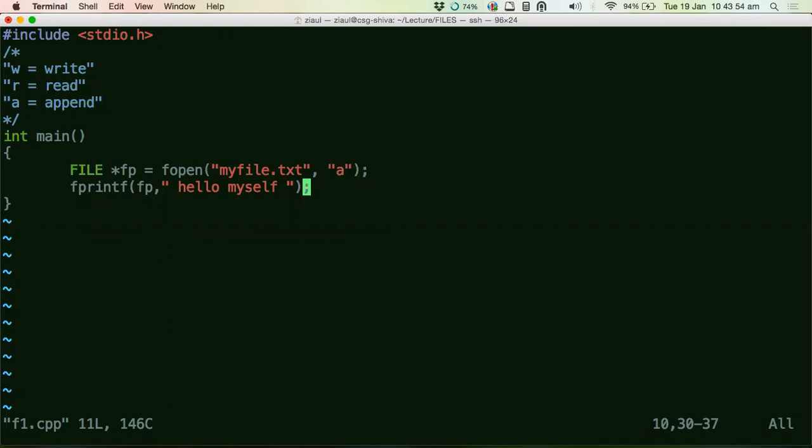In the program, all fopen does is give you a handle to the file in the form of this ID, that is fp, the file pointer. Remember that, guys: fp, file pointer. So it gives you a handle to the file, but it does not say what you want to do with the file. You may want to do a read on the file, and you may want to write on the file.